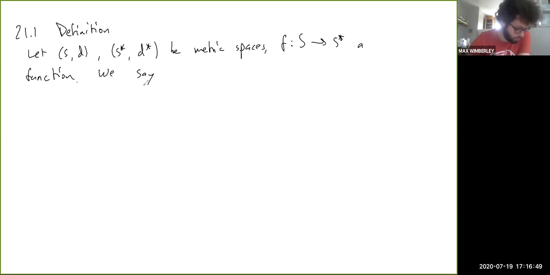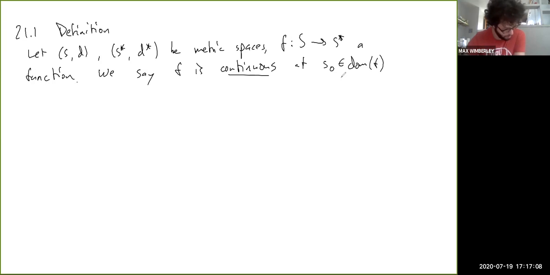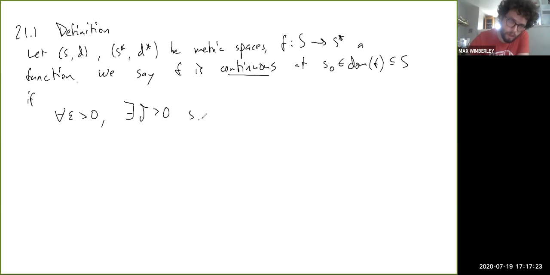We say, okay, they use S and S naught, so I'll just use that. We say f is continuous at S naught in the domain of f, which is of course a subset of S, if for all epsilon greater than 0, there exists a delta greater than 0 such that